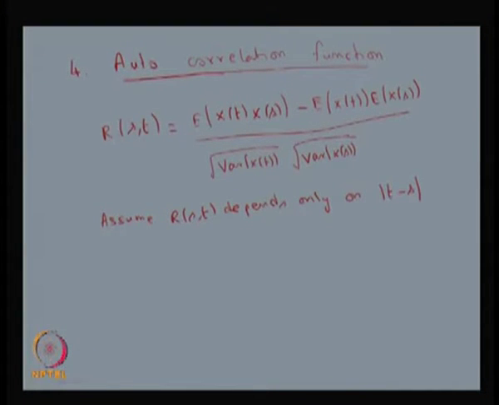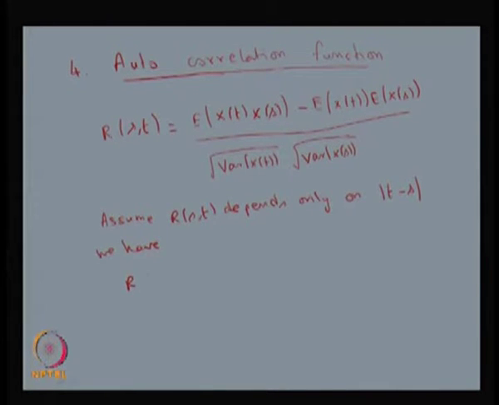Therefore, R of s comma t is going to depend only on the length of t minus s in absolute value, not the actual s and t. Therefore, by assuming R of s comma t depends only on t minus s, we can have